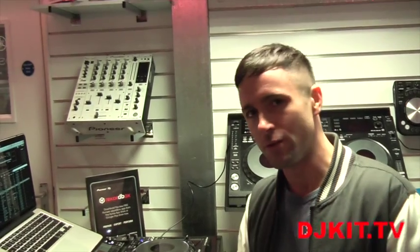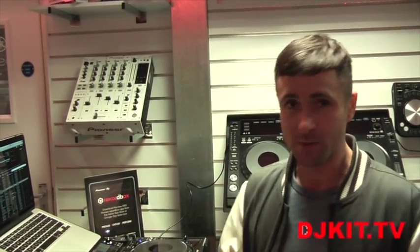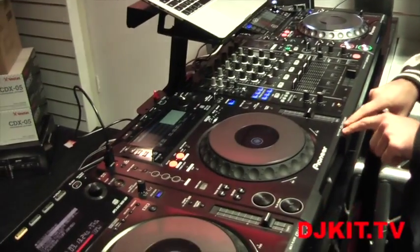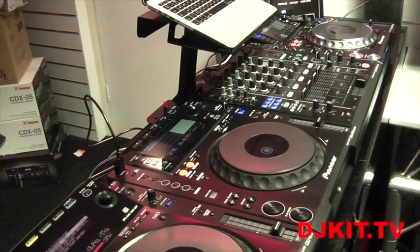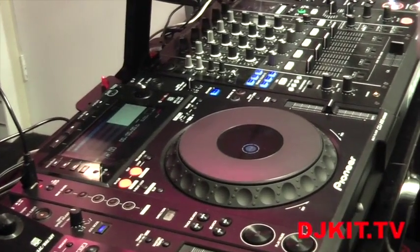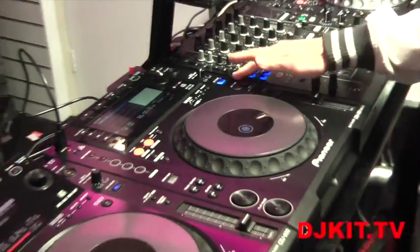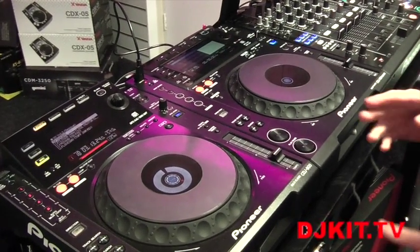Yes, okay guys, so we're back up at the DJKIT showrooms up in Newbury, and I'm going to show you once again a brand new addition to the Pioneer DJ range. Today we've got the long awaited CDJ900 Nexus, an upgrade to the existing CDJ900, which has been on the market for quite a few years now, around about 4 years. So I've sat these two next to each other so we can actually see the differences in a moment